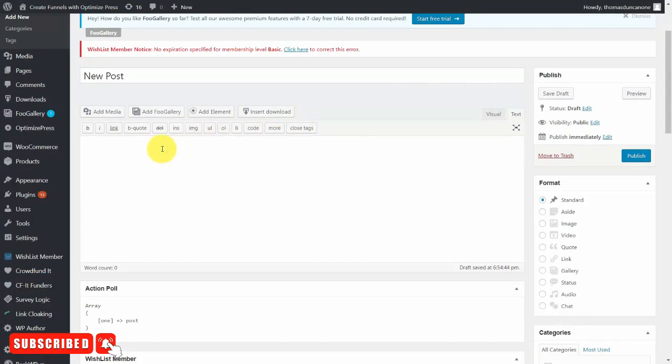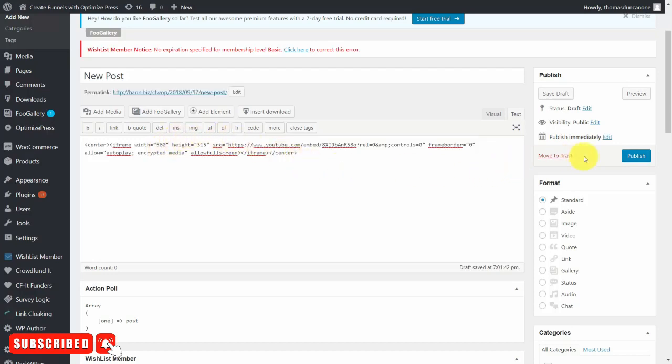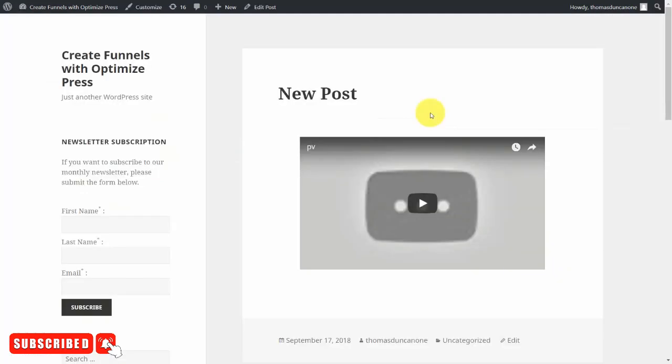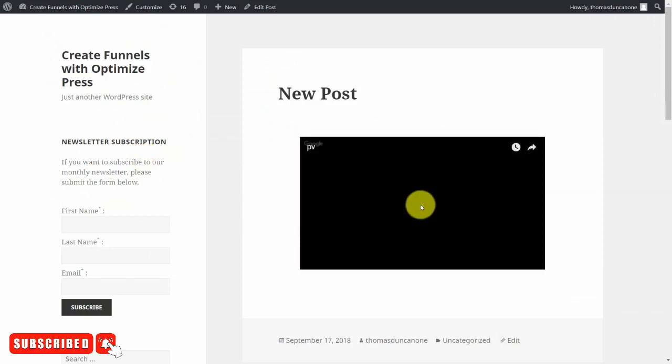We're going to put in our code after a center code. Once we have it, we're then going to click publish. And then we'll view our post here. Now, you need to give the individuals instruction to click this button. But as soon as they did, they would then be watching our stream live as it happened.